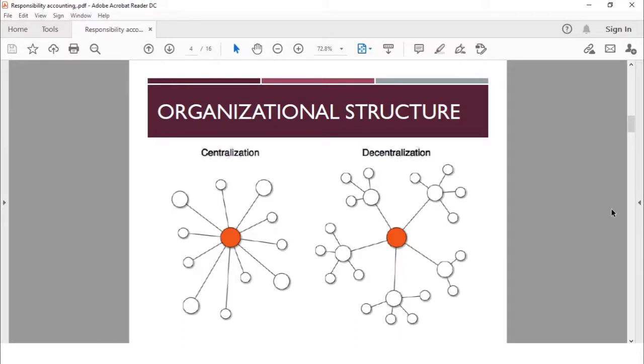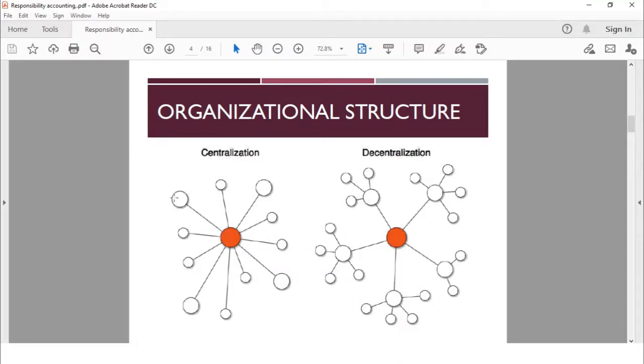So there are two different types, which are centralized or centralization and decentralized or decentralization. These two organizational structures differ in the quality of decisions made. First we have the centralized organizational structure. In a centralized structure, there is only one person, here the red circle, that does all the decision making for the